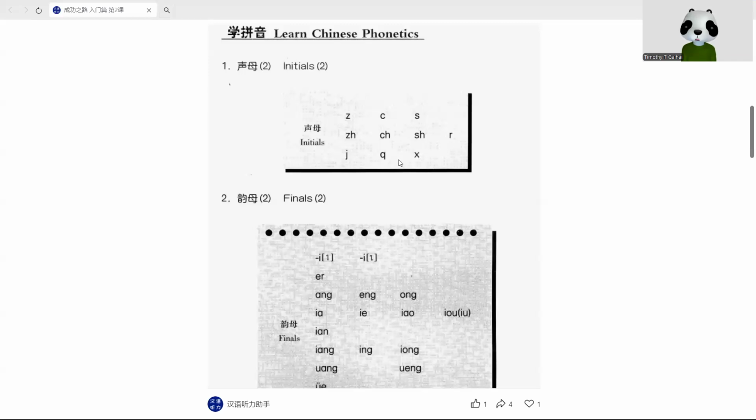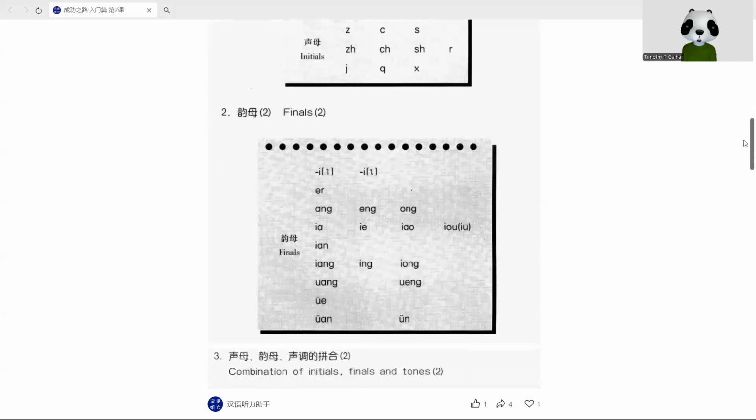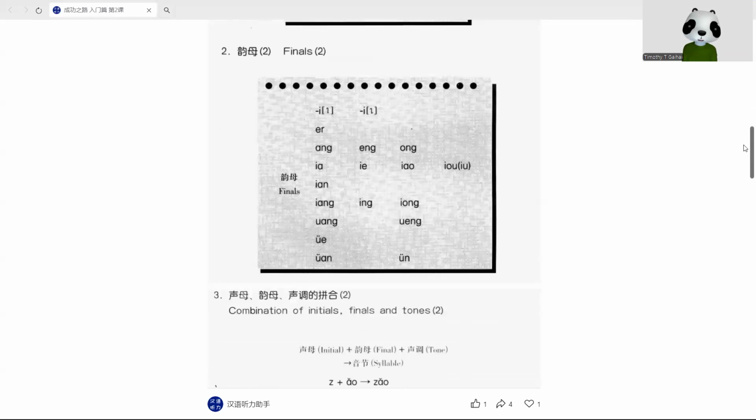So these ones at the bottom, they're a bit lighter than the ones on the top. So you just have to be careful about that. And then here we have R, R,